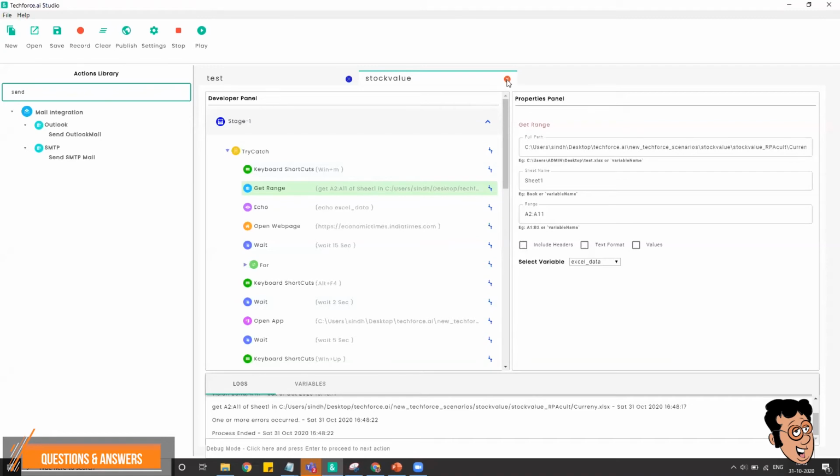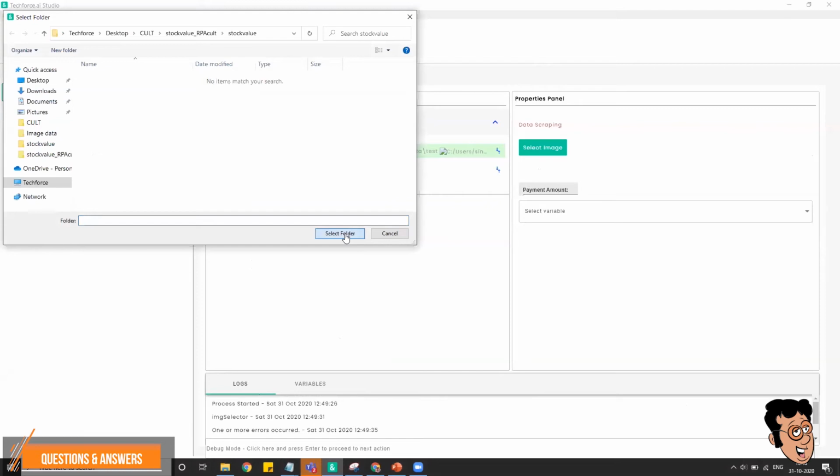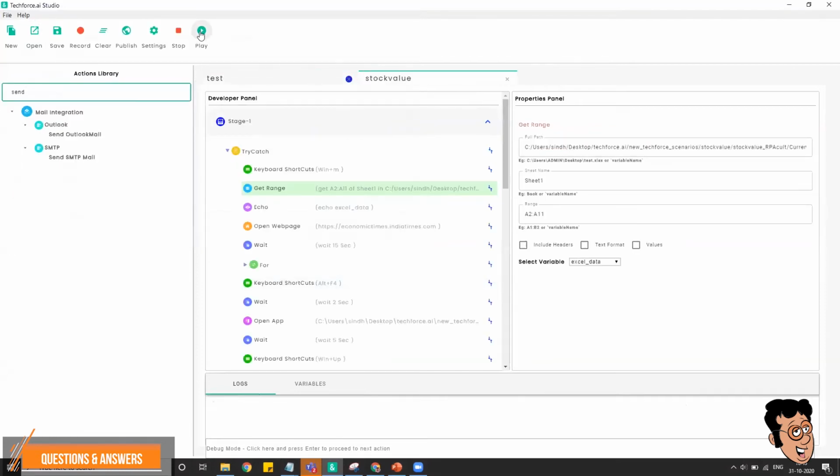They want to check this stock price in the morning for a couple of hours and in the evening for a couple of hours. So like that. And coming to the pricing point of view, at TechForce.ai, we do have three different kinds of models.